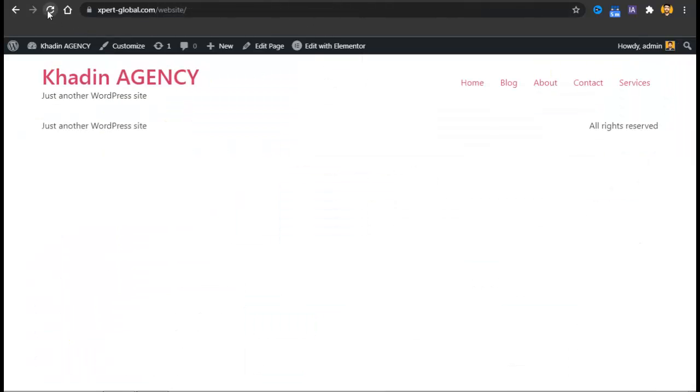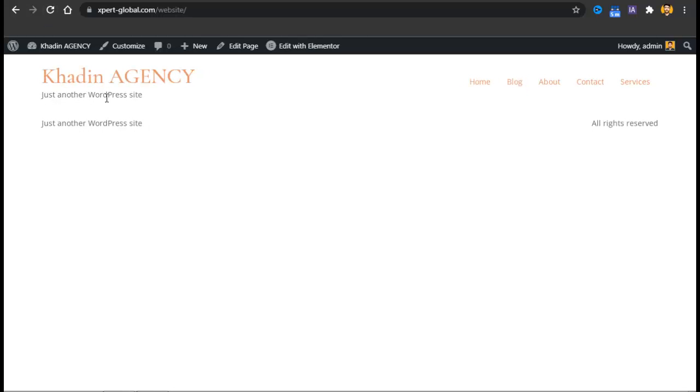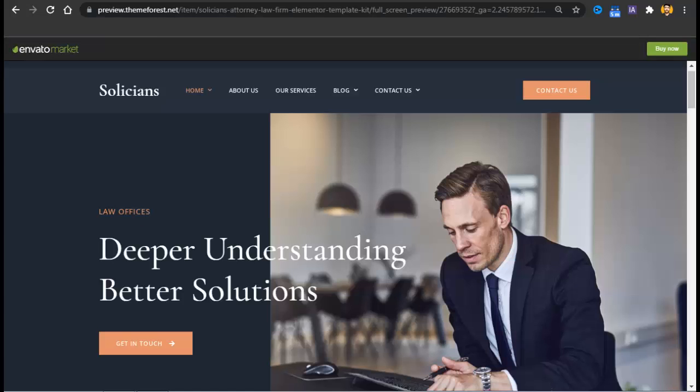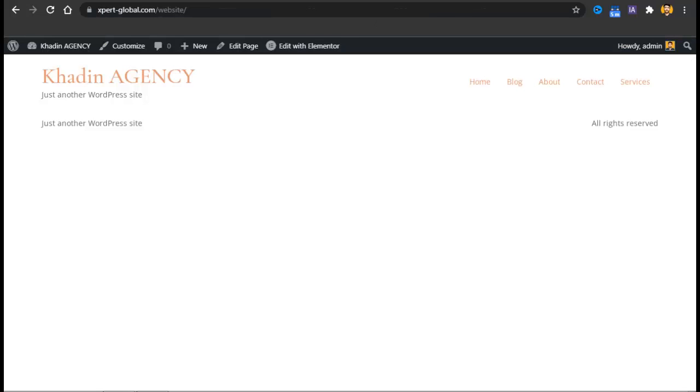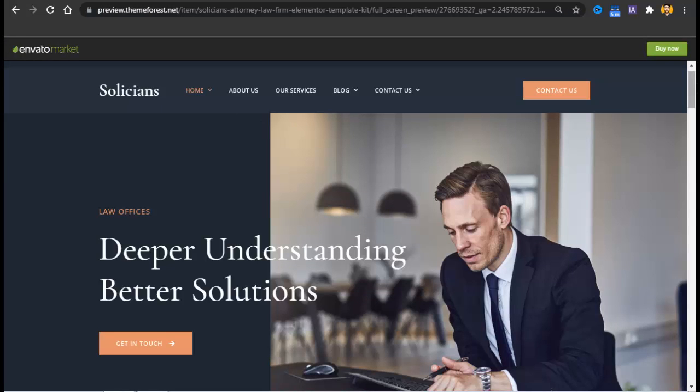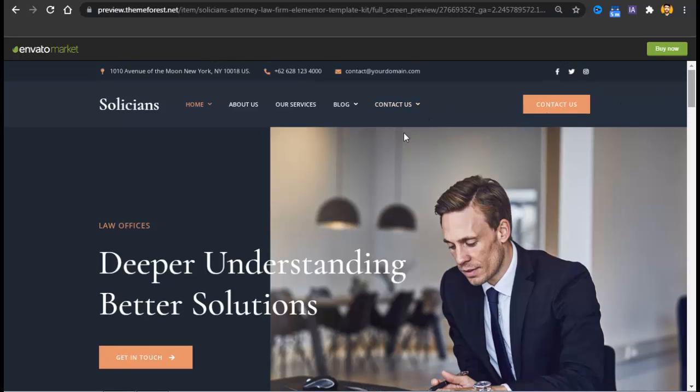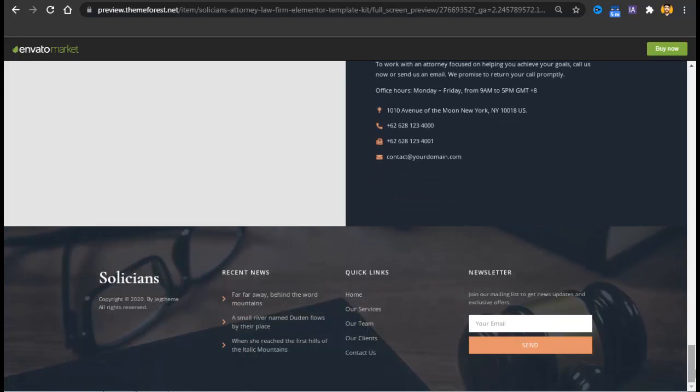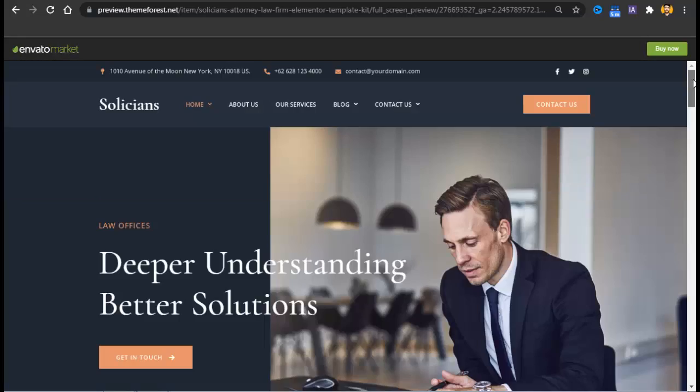Now I'll check how our website is looking right now, and then we'll start creating the pages, headers and footers. First of all, that's how our website is looking right now. And what's the difference between this side and this side? This is just crap, and this is just beautiful. So first of all, we'll create a menu and header like that, and after that we'll focus on the inner content. But first of all, we'll focus on the header and footer, and from them we'll first focus on the header.